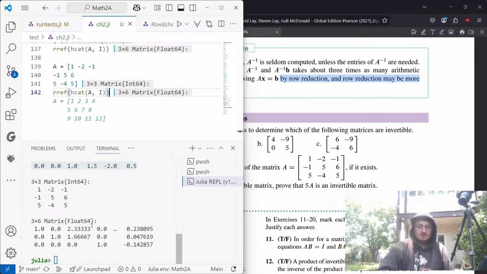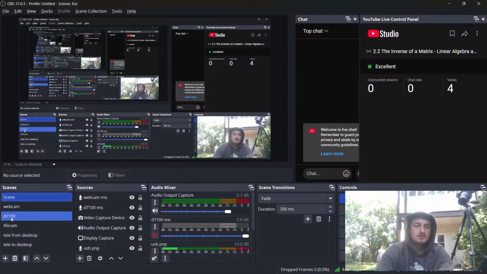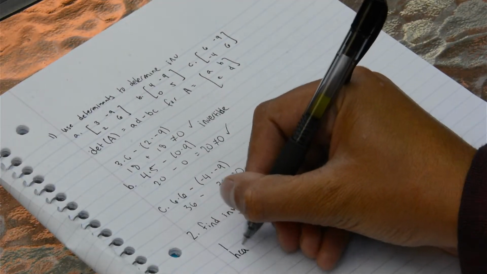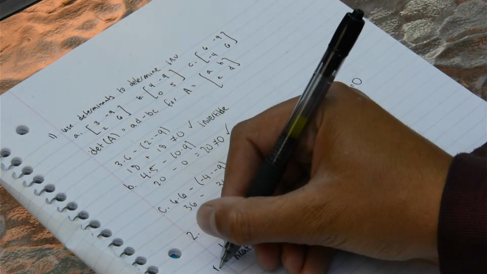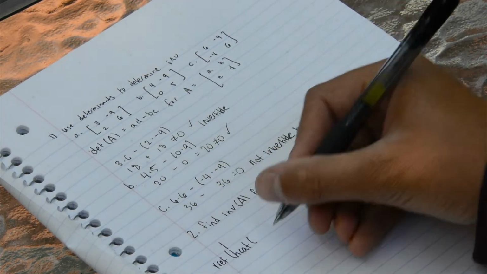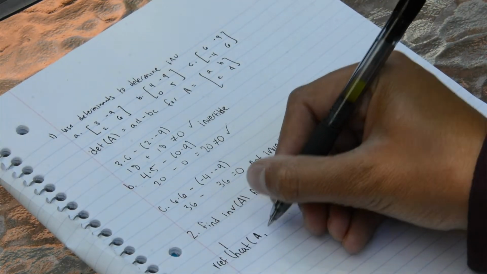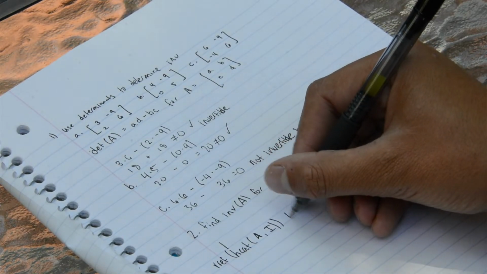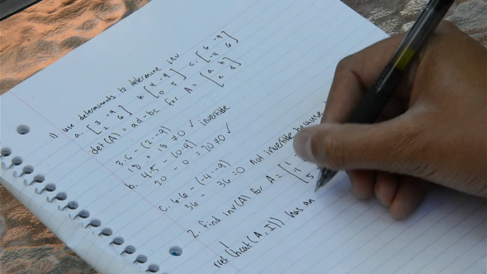So what I'll do here is we will write that the row reduction of A augmented with I has an empty row